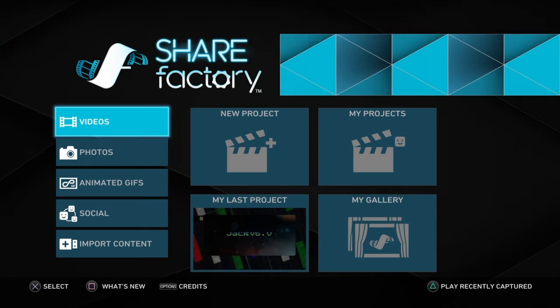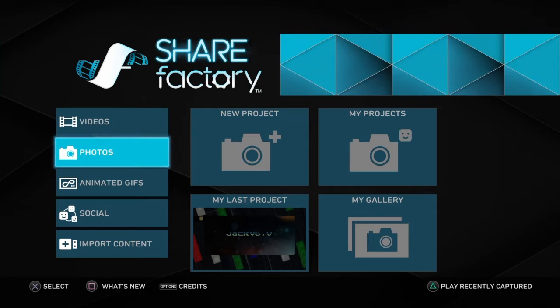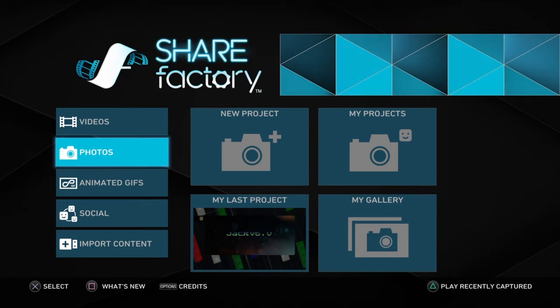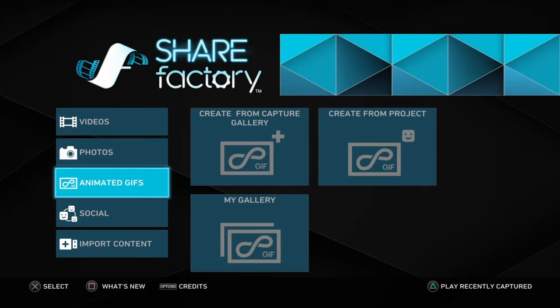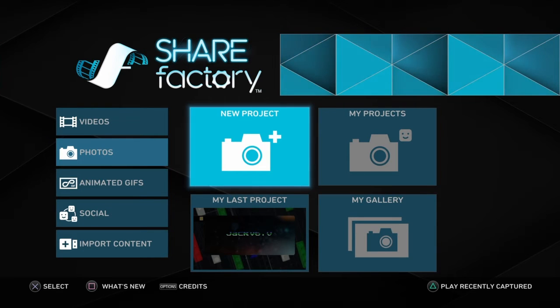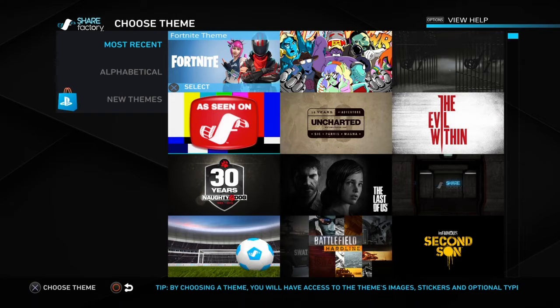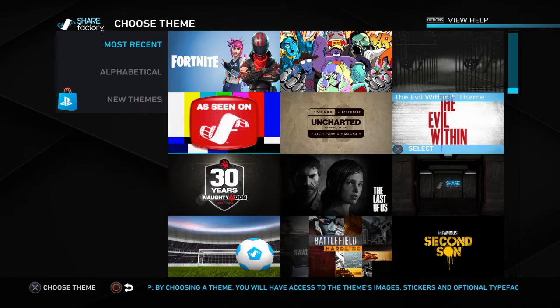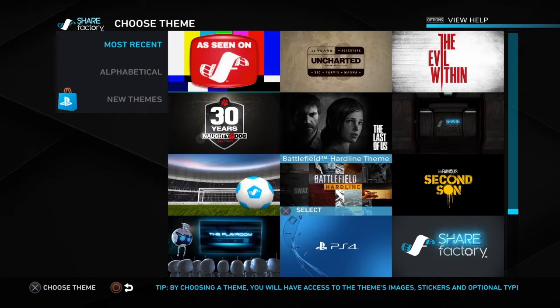So, what you're going to want to do for the intro is, on Share Factory, not many people use this, but go into Photos, go into New Project, and then this theme part is very important, because